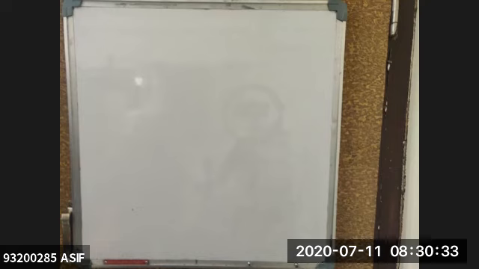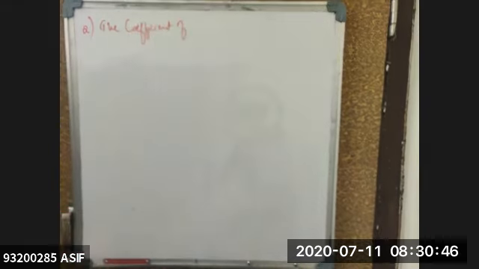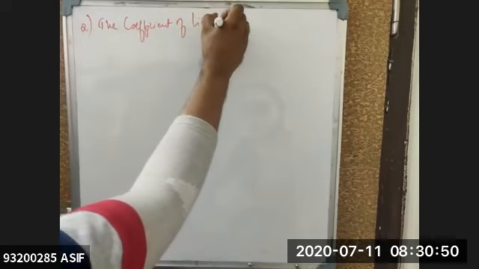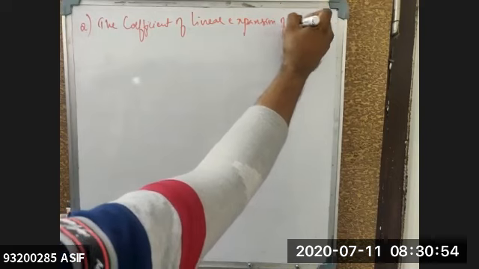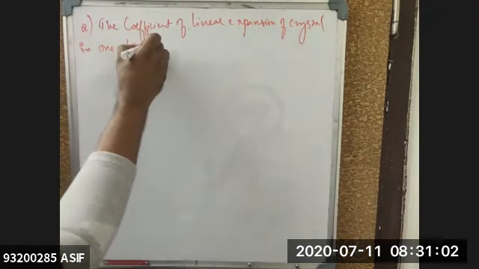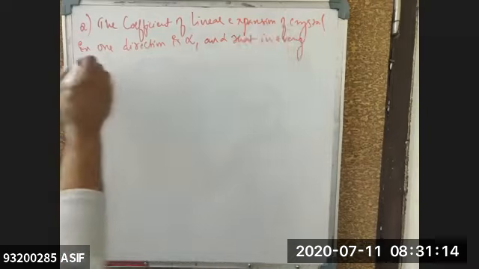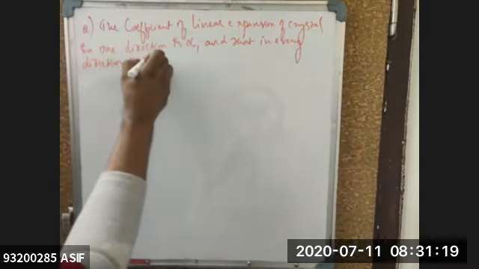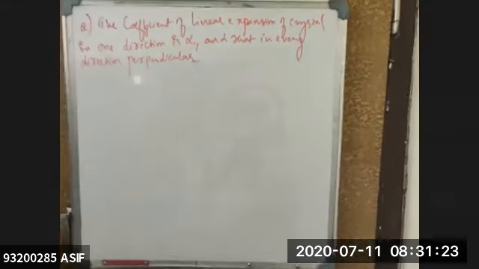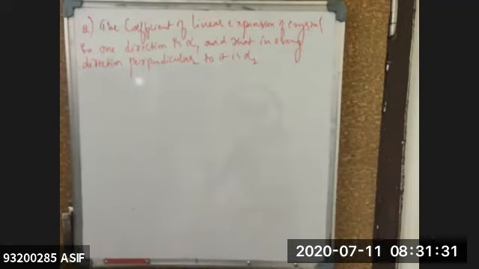This question is a good question. Again, try to write it out. The coefficient of linear expansion of a crystal in one direction is alpha 1, and that in every direction perpendicular to it is alpha 2. The coefficient of cubical expansion is